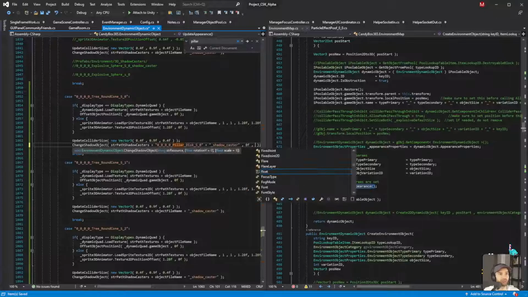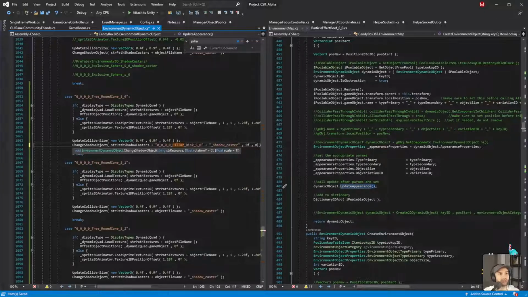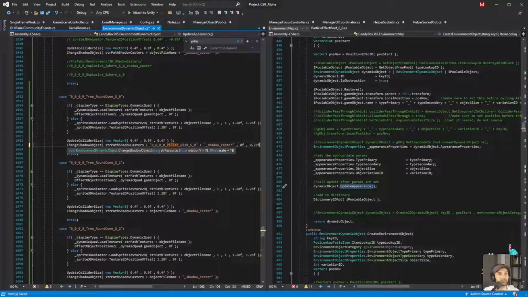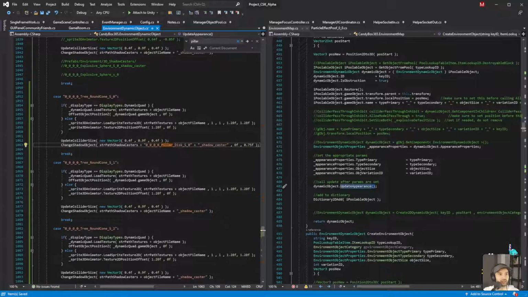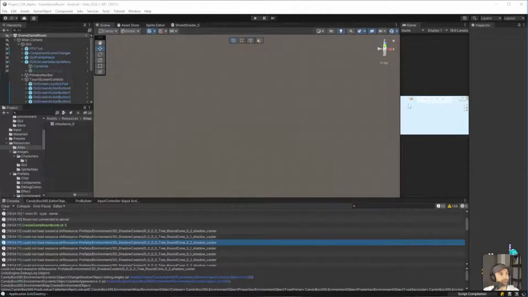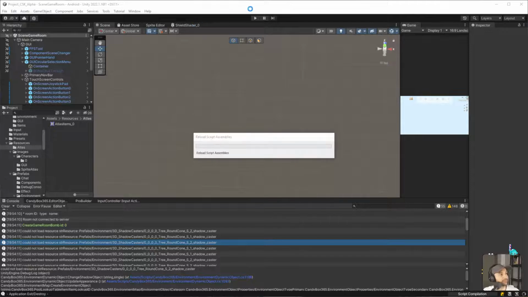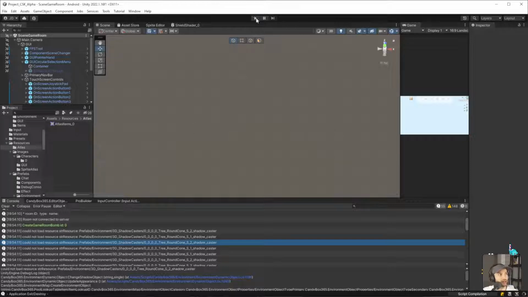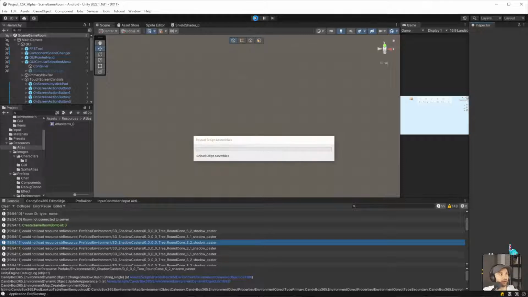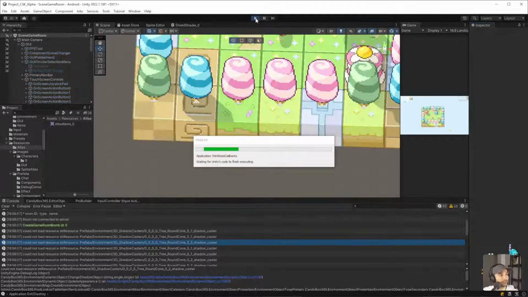Rotation, we're not going to change, so we leave it at 0. But then scale, we'll change it to, let's say, 75%. And let's see what that does. Because the pivot point of the shadow is the very bottom, so if we scale it, it should scale properly. Of course, this is not the right shadow caster for this object, and we need to make one specifically for this object, but I don't want to do that right now. I just want a quick and dirty solution.